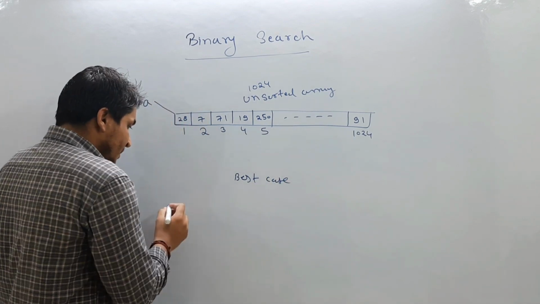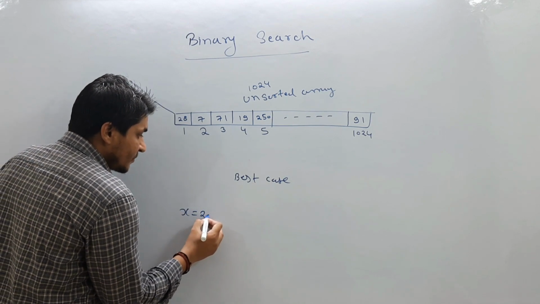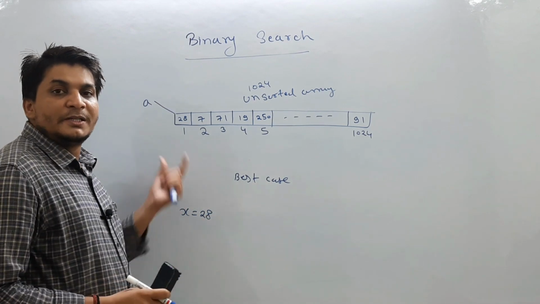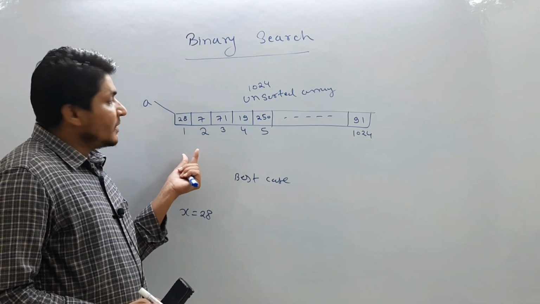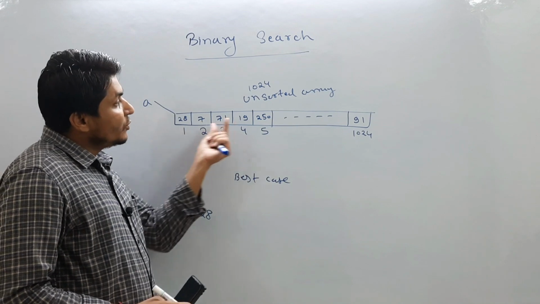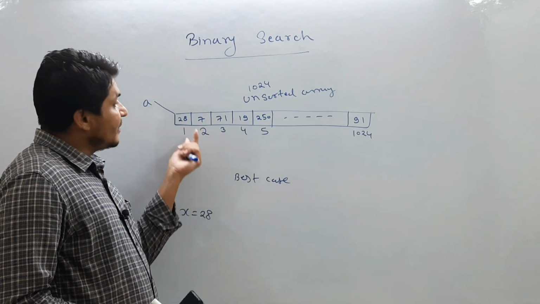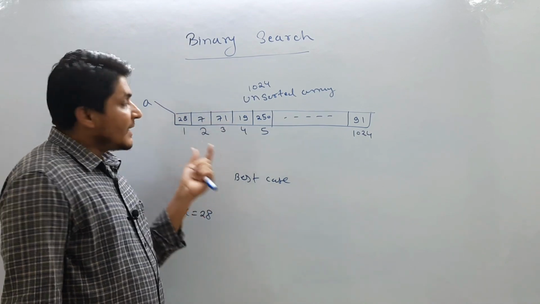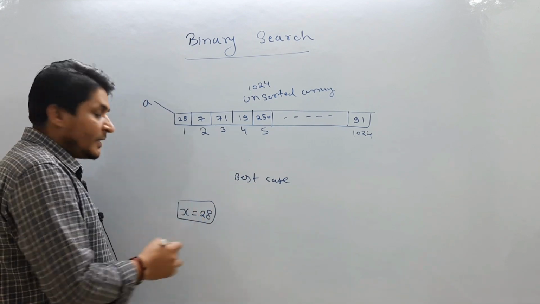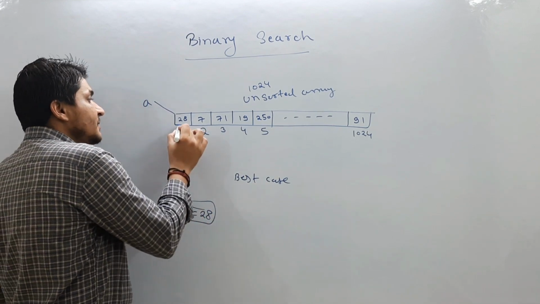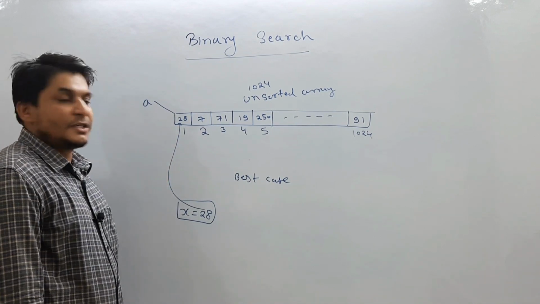Now let us understand one scenario. Let's suppose I'm searching for 28 and I don't know whether 28 is available in this array or not. So what is linear search? I will start comparing with the first element. If it is my element, then I don't need to compare further. Otherwise I will compare with the second element, and so on. So let us start. I am searching for 28. Now I will compare with the first element. Is it my element? Yes, this is the element I am searching for in this array.